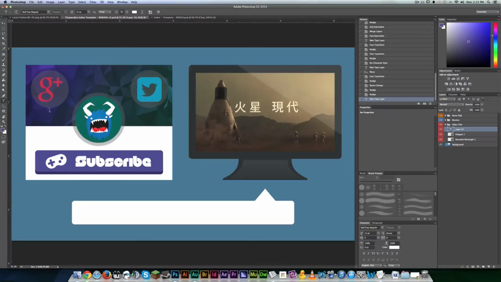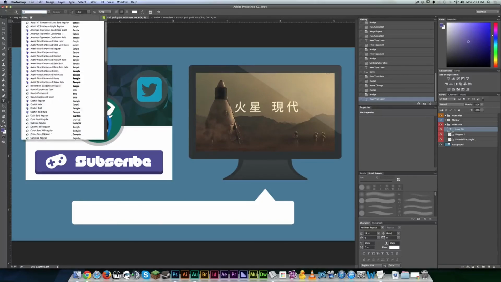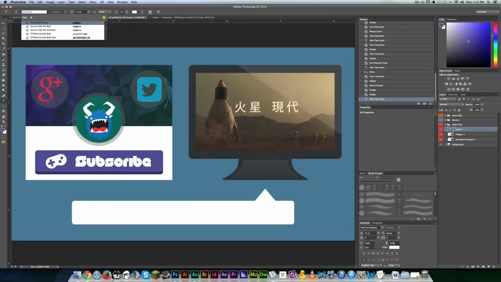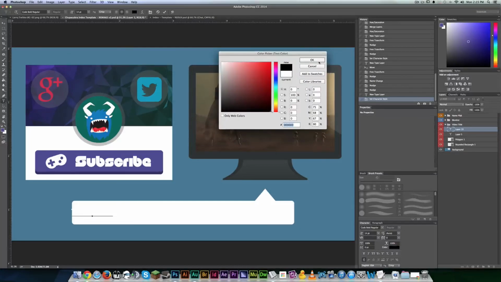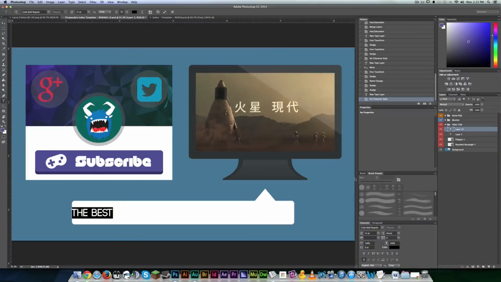Collator. Code Bold. That looks good. Code Bold. There we are. We'll just say the bestest. Oh, this needs to be black too. Don't forget to make sure the color is correct or it won't flip and see it. The best... actually, that's not even that thick. Let's go with Liberator. Maybe that'll look pretty good. And so we'll say... Greatest